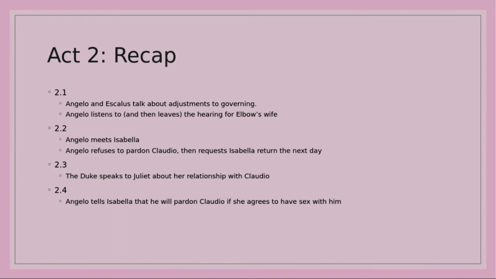And then Act Two, Scene Four. Oh my goodness, does it go down? So Angelo propositions Isabella, says that she should sleep with him so that he would free Claudio. Excuse me, what? What do you guys think about that? Is that some messed up stuff? Does that make sense? What do you think?